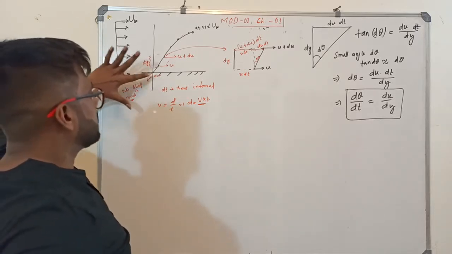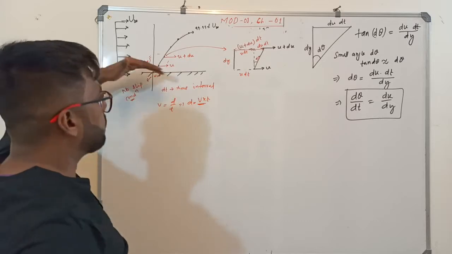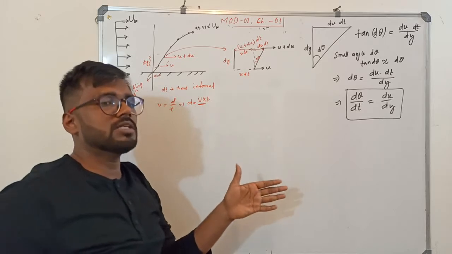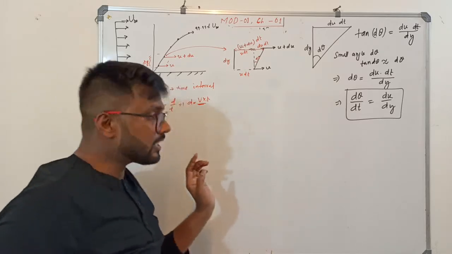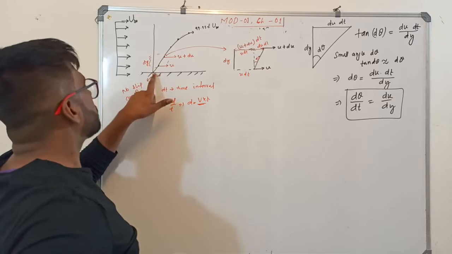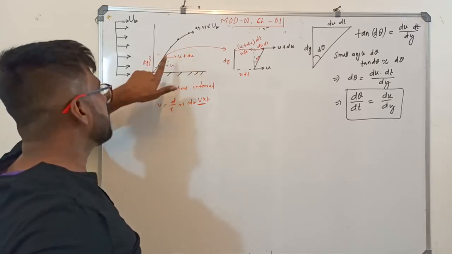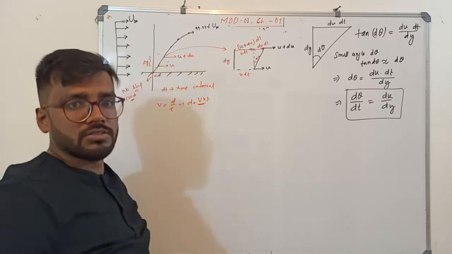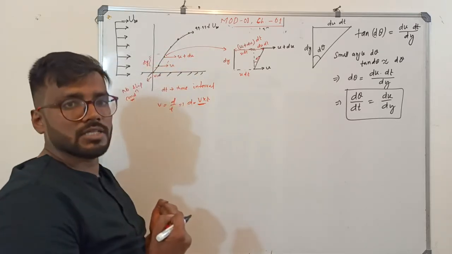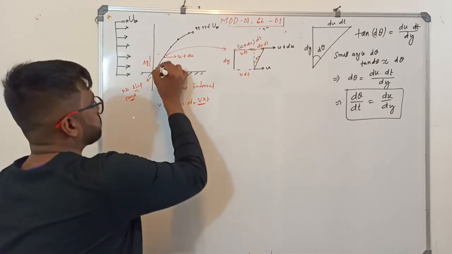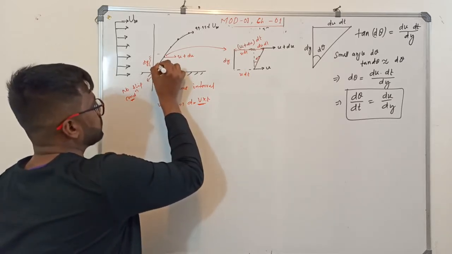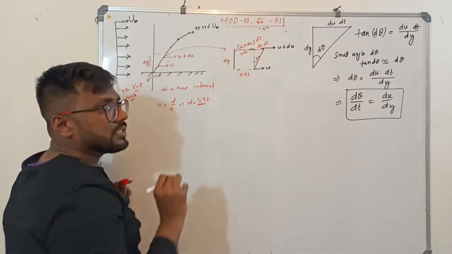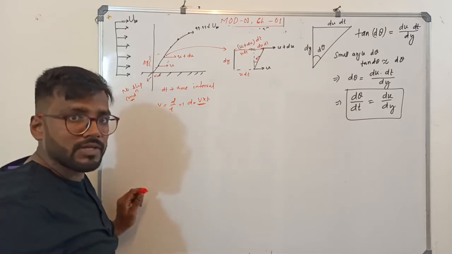See, this is a surface, a plate. Fluid is flowing over this plate. From our no slip condition, the velocity of the fluid adjacent to the boundary is the velocity of the solid boundary itself, and the velocity here will be zero. But slowly the velocity is increasing. While the velocity is increasing, the adjacent layers apply a resistive force and try to resist the movement of the fluid. Hence layer 1 will be resisting 2, 2 will be resisting 3, 3 will be resisting 4, 4 will be resisting 5. This property only we call what? Viscosity of the fluid, when it is in motion.